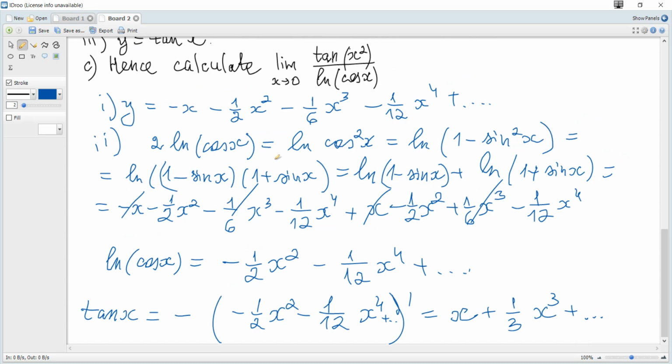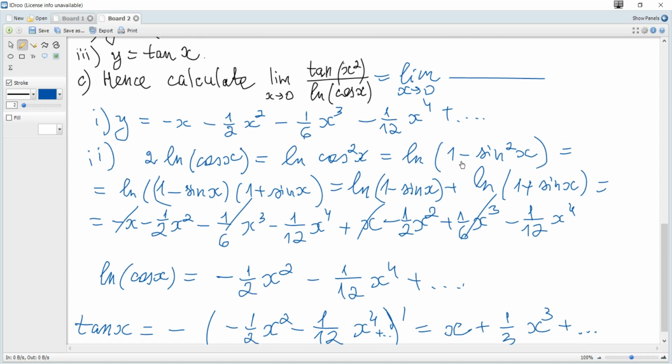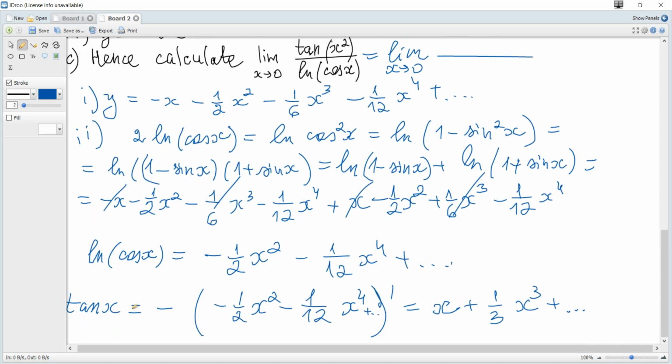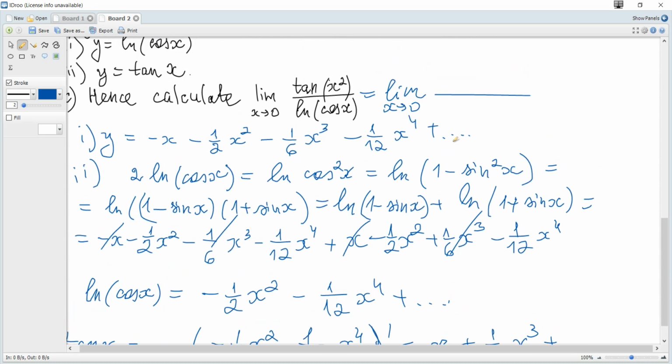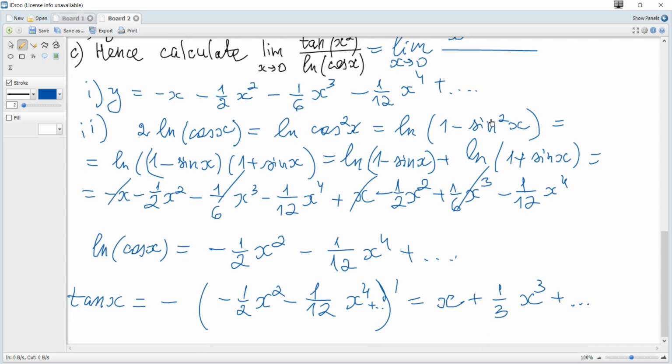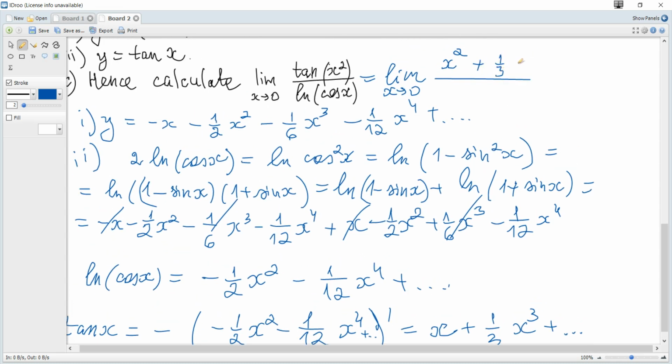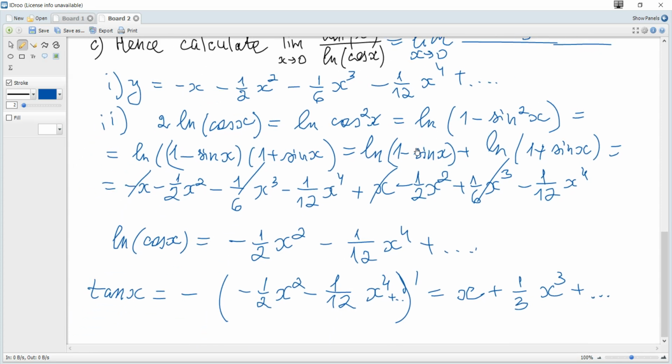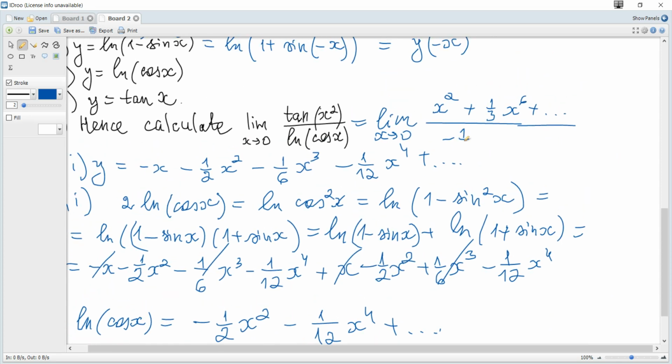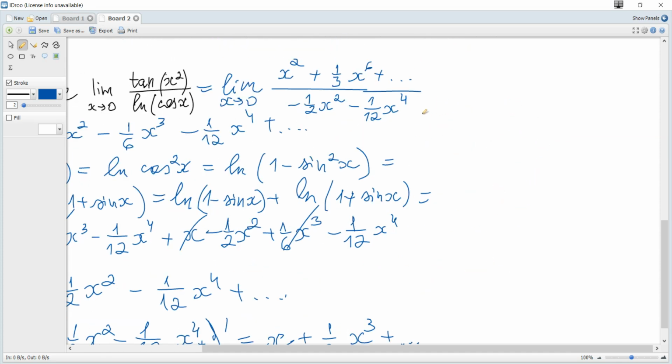And the next, hence calculate this limit. It becomes limit x tends to 0 of tangent of x squared. So we use this series but substitute x squared for x, so it becomes x squared plus 1/3 x to the power of 6 plus so on, divided by ln of cosine. Ln of cosine is minus a half x squared minus 1 over 12x to the power of 4 plus so on,